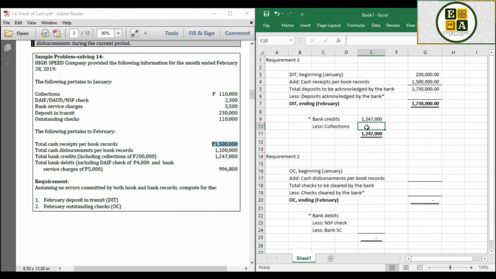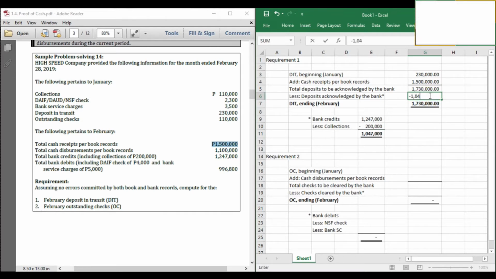Then from that, deduct collections, the 200,000. Why deduct that 200,000? Because that is an addition to your bank account but does not represent a cash deposit. Okay? So that is not a deposit item, so deduct it. So we can have 1,047,000. So put here minus 1,047,000. Then we can arrive at our deposit in transit ending for February,